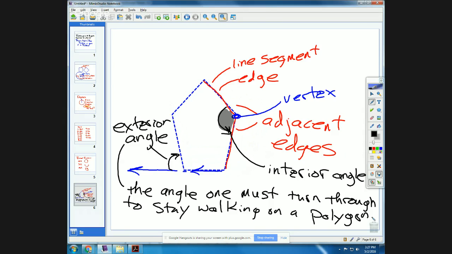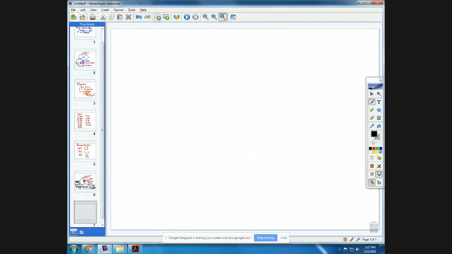So we have edges, edges can be adjacent. Adjacent edges have an interior angle. Adjacent edges also have an exterior angle, which is a very specially defined angle. And then we came up with a way to measure an exterior angle, the sum of exterior angles. So let's review that. Sum of